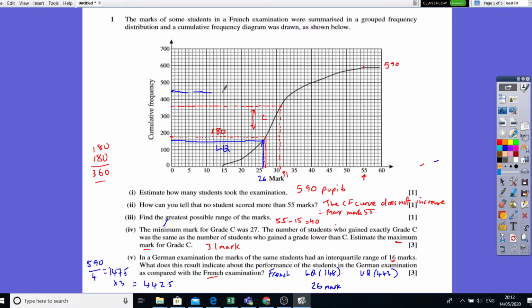It's only a rough estimation, so don't worry too much. So it's going to be slightly there. If I bring that all the way down, that's going to be 35 marks. So my upper quartile marks is going to be 35 marks. That's my upper quartile. Now, if I get the interquartile range here, I'm going to go to the next slide,